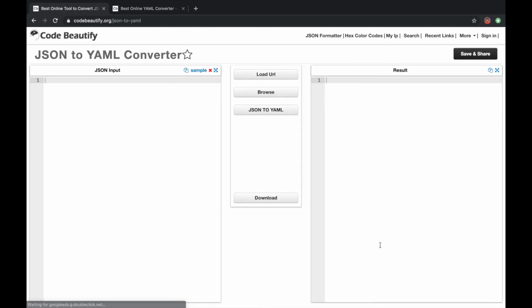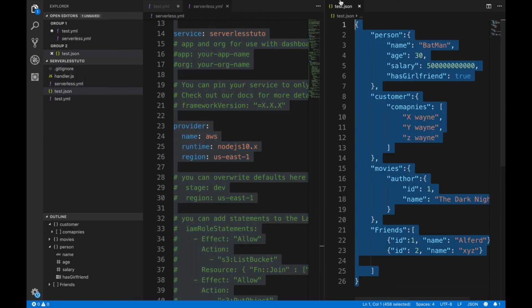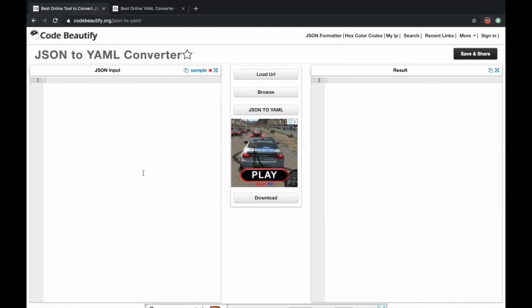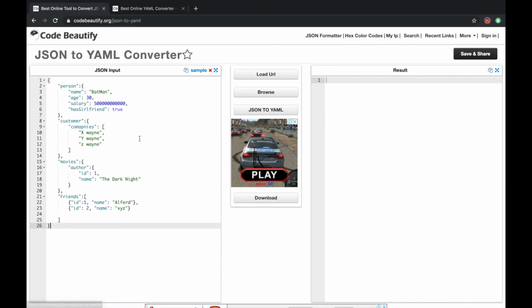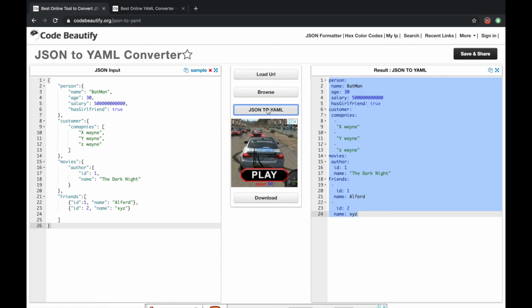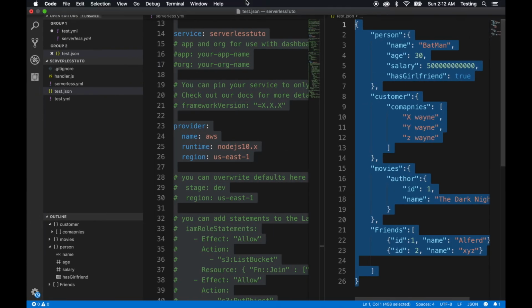Let me just give an example. So I'll take this JSON file and I'll convert into YML. Okay, convert. Here you can see this has now converted. So this is how you can convert those things and how you can write in YML format. So I hope you guys better understood about this YML file and the JSON, what exactly is the similarity.